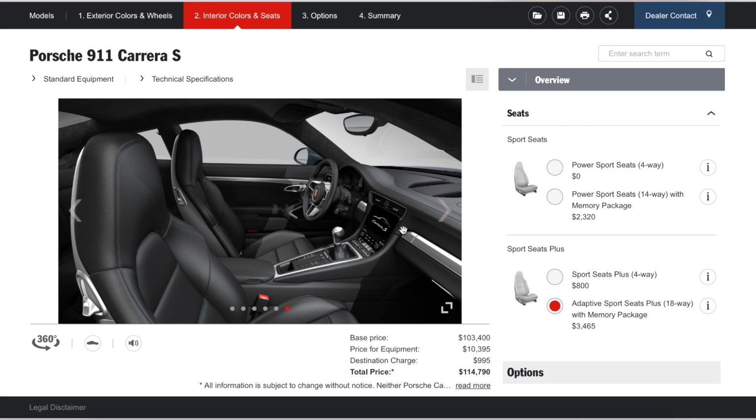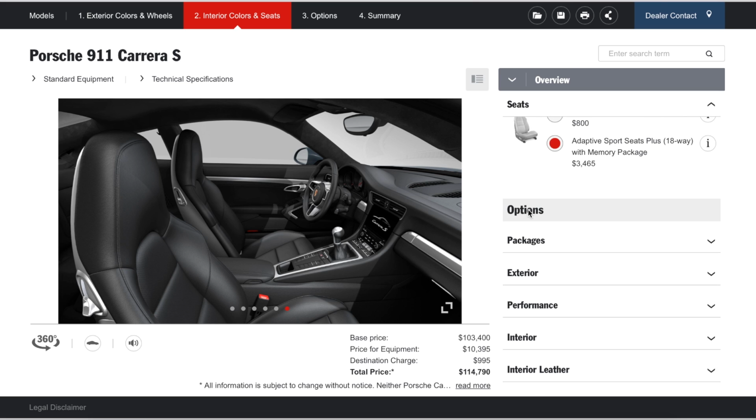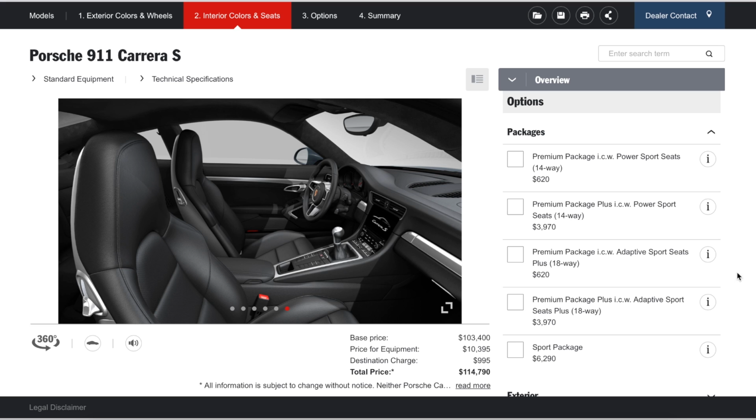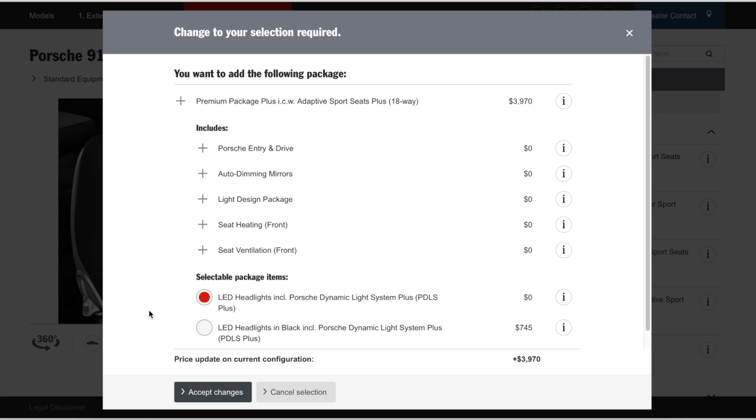But yeah, unless you're getting other greys within the interior of the car, that shell looks really out of place. But yeah, I will probably get the 18 ways just for something different this time. Packages are something interesting. Packages were kind of a good value for money before. Now I don't know. The interesting thing about the packages is that now the Premium Plus package includes LED headlights,